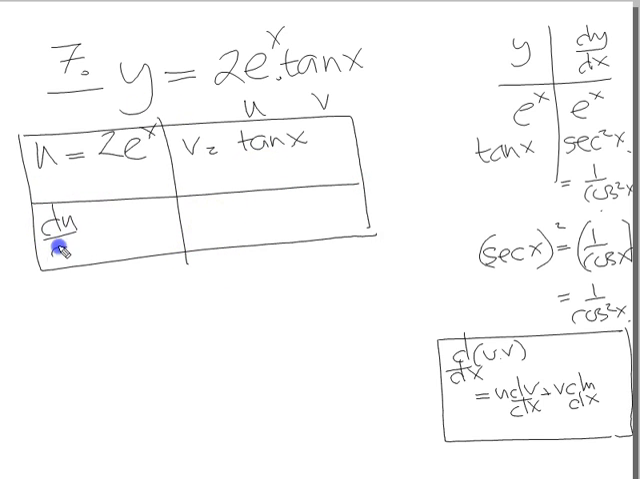Then we can write du dx then. Back on track now. There's 2 lots of e to the x, and dv dx is equal to tan differentiates to sec squared x. So that's fine. Just write it like that. So dy dx then